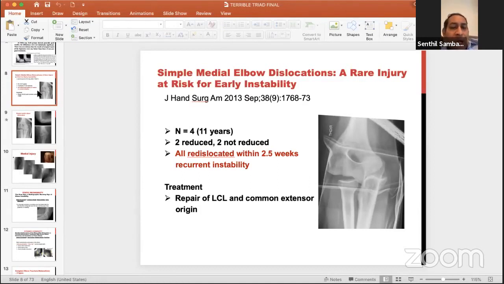There are a couple of questions I have. One is, when you have a subtle posterior dislocation, it was reduced in the ER, they come back to the clinic and you feel like it looks good in the X-ray, but there is a little flake in the coronoid or maybe a tiny delta sign.